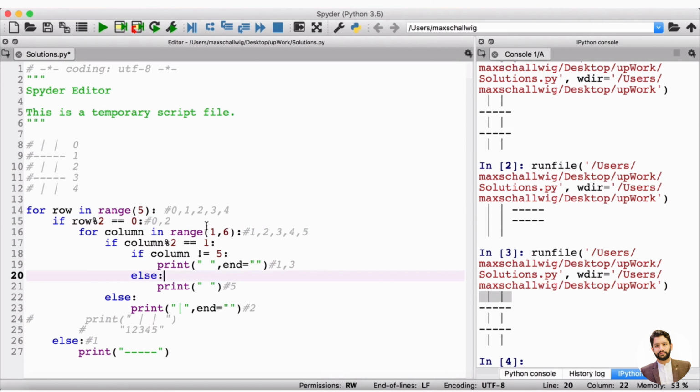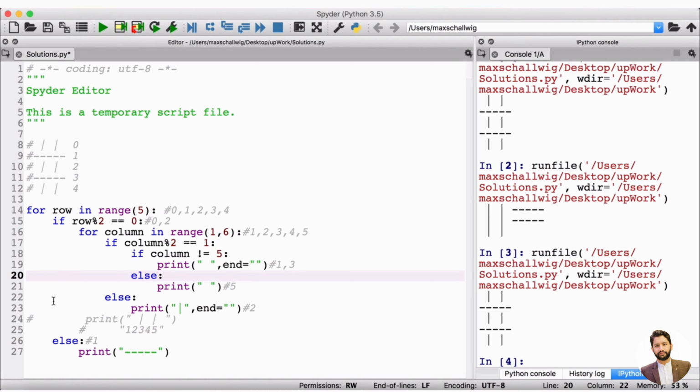So on our third row rather, our row which has value 2, but is actually our third row, since we started at 0 for the rows, we're going to go through column again, since we go into this for loop again, and we're going to take on the values 1, 2, 3, 4, 5. So 1 up to but not including 6. And for each of these values, if it's odd, it's going to print a space. And if it's even, it's going to print a vertical line, like we have here and like we've done up here. And so then we go out of the for loop again, and we don't execute the else because